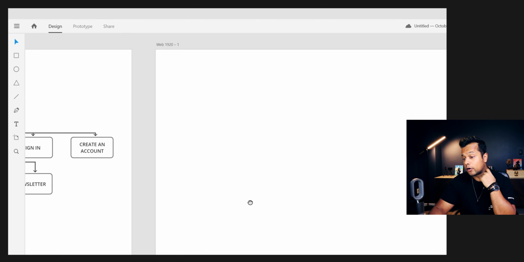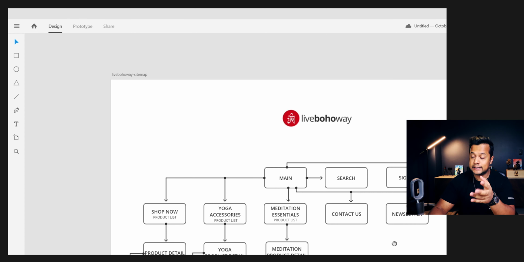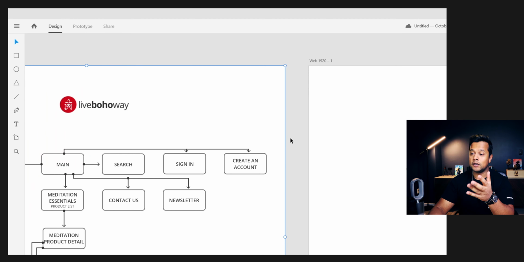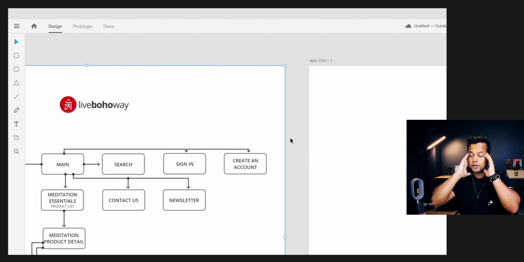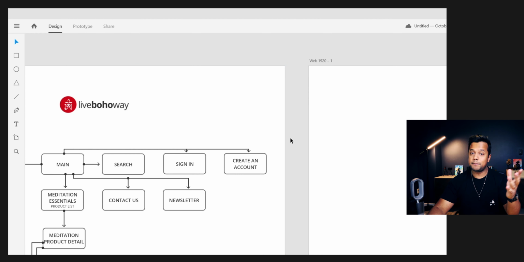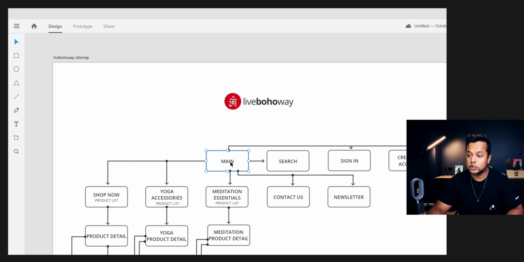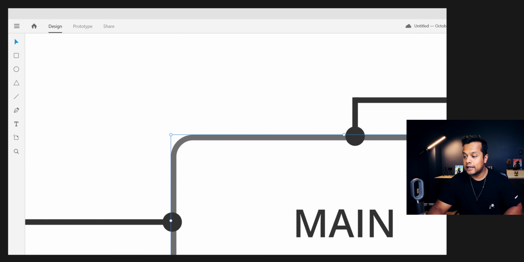So first and foremost, I'm going to go to my sitemap, and this is why you guys should have your sitemap designed in Adobe XD, so you can just copy and paste your artboard right here when you're designing a sitemap. You don't need another window. It just gets super complicated. If it's on a piece of paper, that's great. You can literally look down and then carry on with your wireframe. That's really cool. Anyway, having said that, we're going to concentrate on this page right here, which is the main